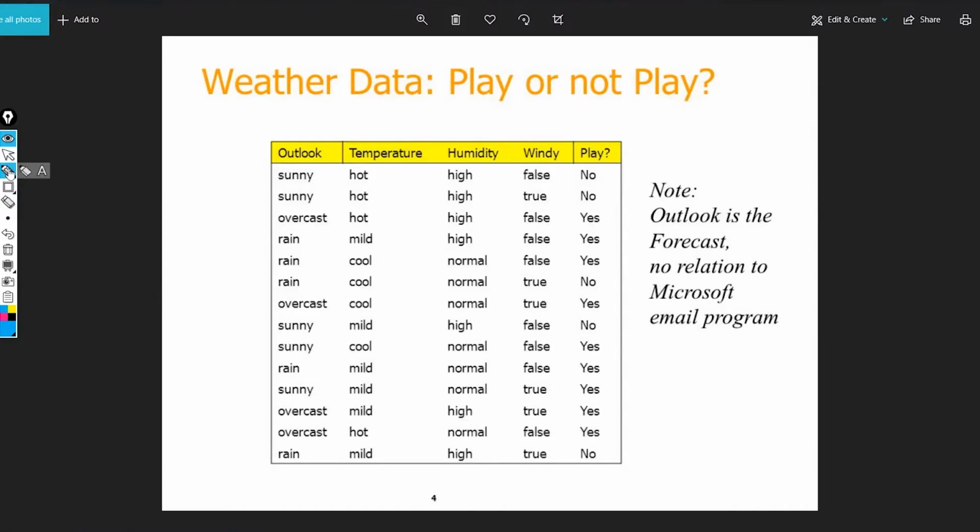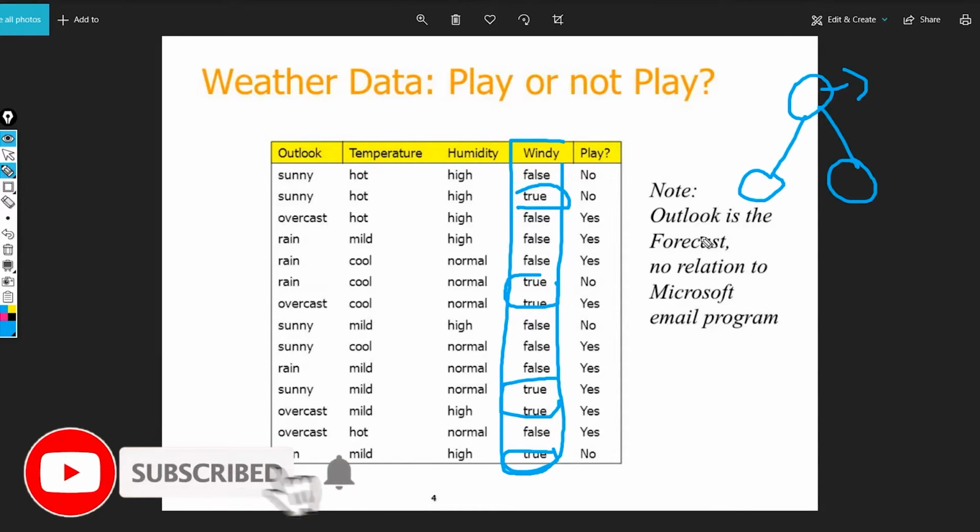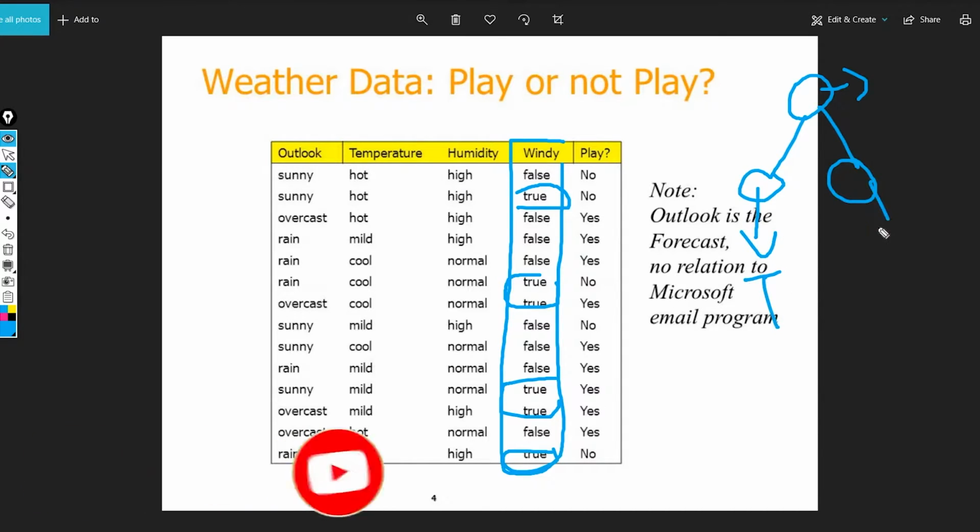Let's suppose in this case we have to divide our data into true values and false values. So in the starting we have the whole data, which has false and true values, but here we are going to divide it so that one part has only true values and the other has only false values.